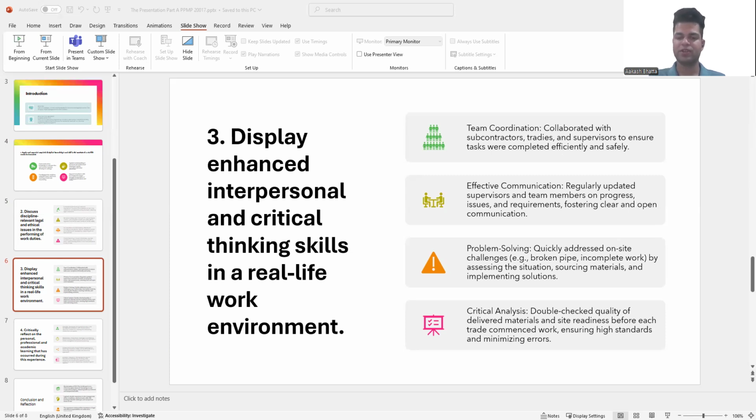And critical analysis: double check the quality of delivered materials and site readiness before trades commence the work, ensuring high standards and minimizing errors. So these are the quality control works. And sometimes the PC items delivered on site, like bathroom items, can be broken.